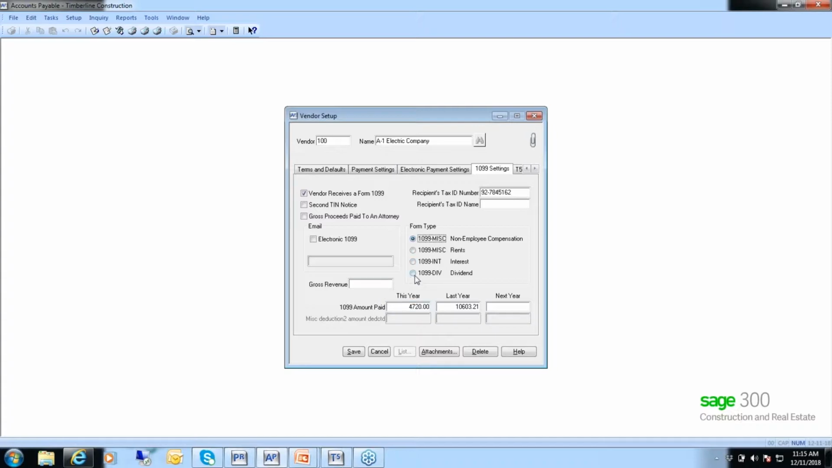Now, one thing to note, even if you don't check this box, if the vendor receives a Form 1099, this amount paid, this set of fields here will automatically post or update. So you don't have to worry that you forgot to mark the vendor when you set them up. You can come back later and check them off. All right, so that's what you need on the vendor,